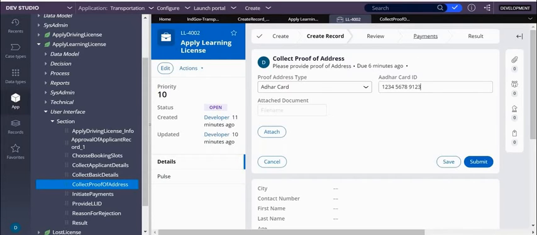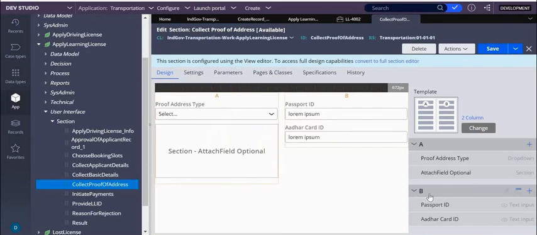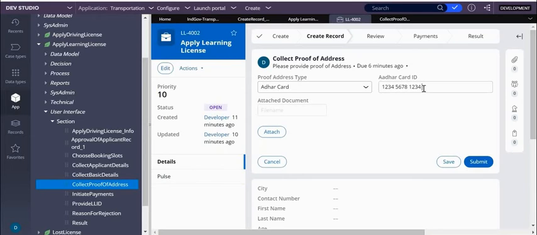So in this way, you have to give the Aadhaar card number. Else, it should throw an error. 12 digits and then including 2 spaces. If you write in this way only, it should allow. So now tell me, what are you doing here? Only 2 things you are doing.